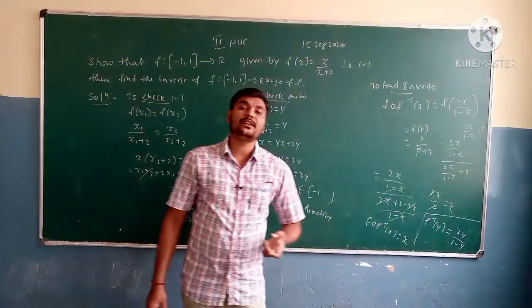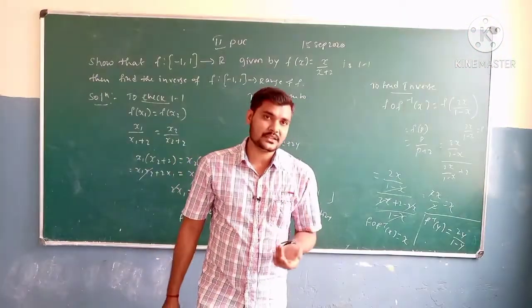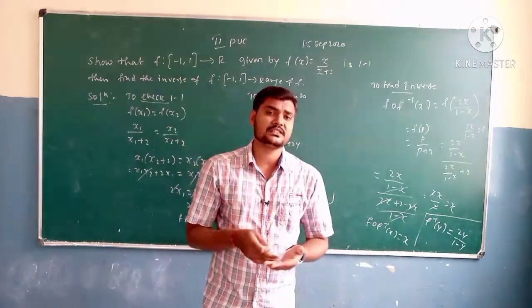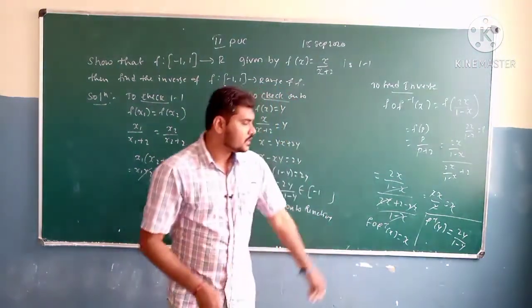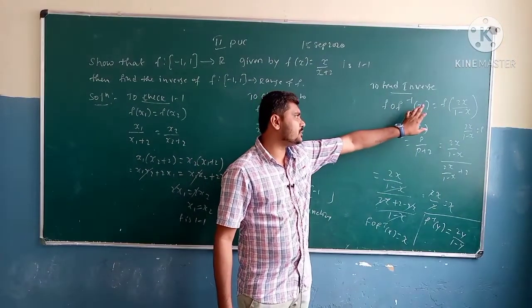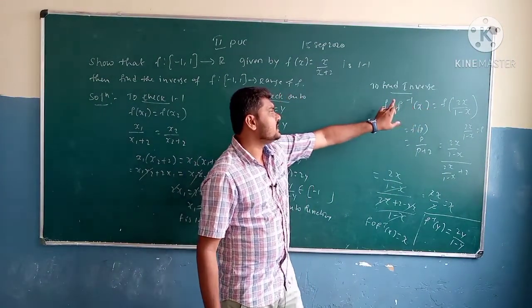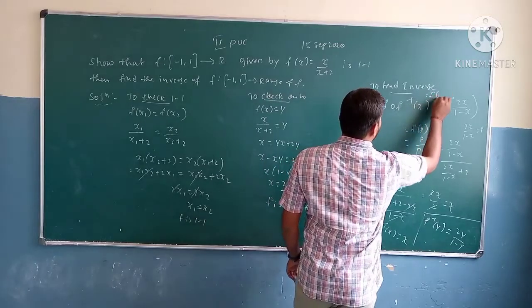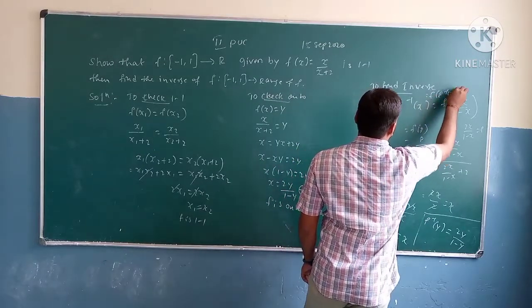Because g of x is going to be the inverse of the function f of x, and that's going to be present within the function of f of x. So according to that, f of f inverse of x is going to be x. So here f of f inverse of x is there. So this can be written as f of f inverse of x. So what is the value of f inverse of x?